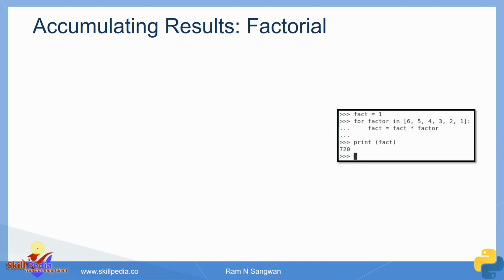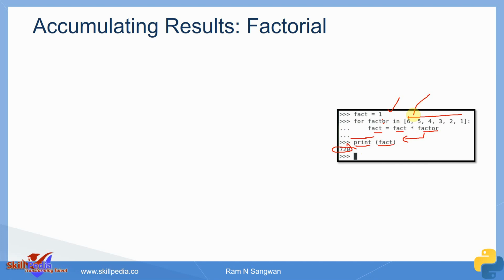So how do we write it? Again, the question is this only. You can do it at the command line also. You can write FACT equal to 1. For factor in 6, 5, 4, 3, 2, 1, you write all the values. FACT equals FACT multiplied by factor. Factor is the value 6, 5, 4, 3, 2, 1, or counter you can say. Then to come out of this loop, you have to press the enter key once more. It will take you out, and then print FACT, it will give you 720.